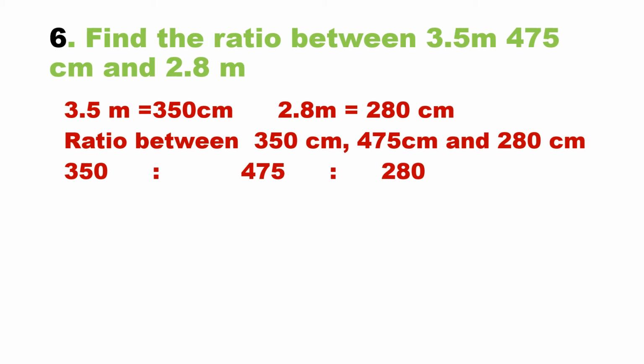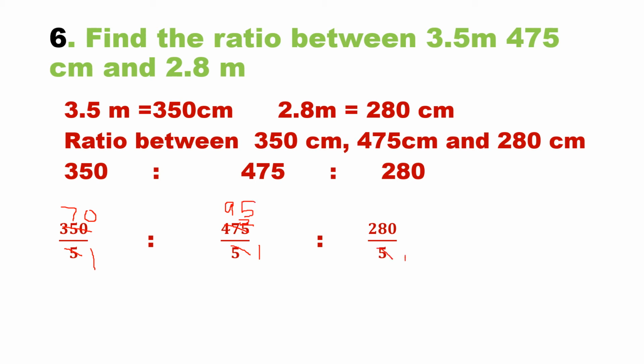So here we know that these are all divisible by 5. So we want to make it simpler. So we will just divide everything by 5. Okay. So let us see, 350 divided by 5, 475 divided by 5 and 280 divided by 5. So I will just divide. 5 ones are 5 and 5 sevens are 35 and this 0 will come here. Okay. Here 5 ones are 5. We know 5 nines are 45, 46, 47. So 2 is left here. Okay. So here when 2 comes, it will become 25. So 5 fives are 25.